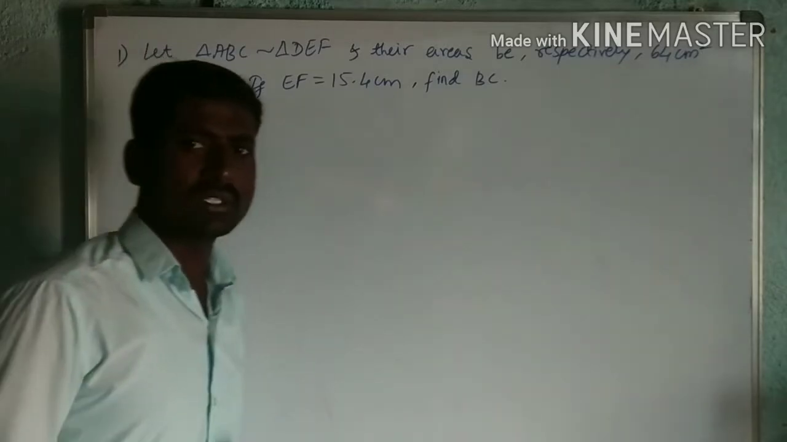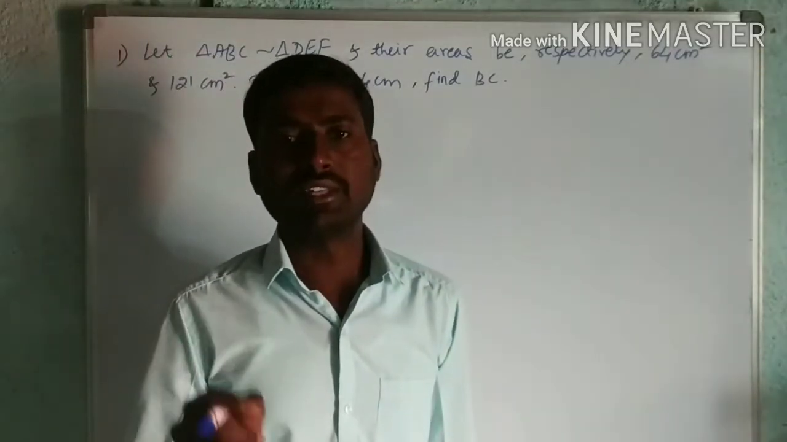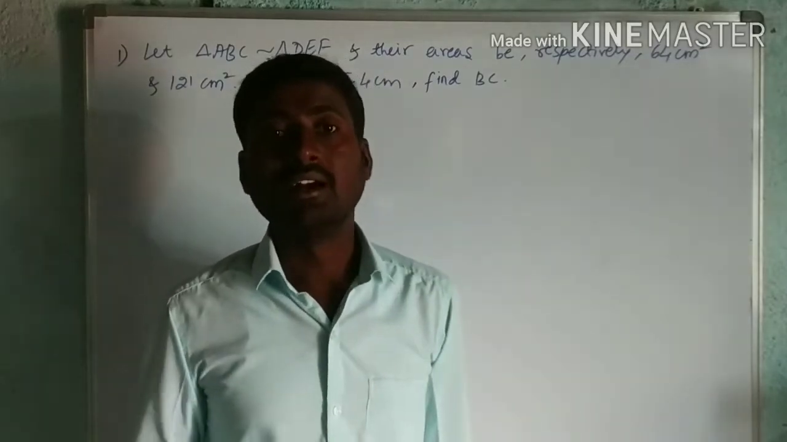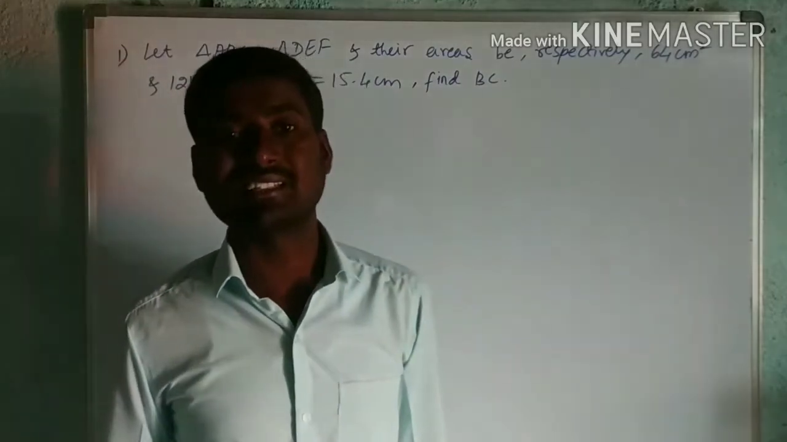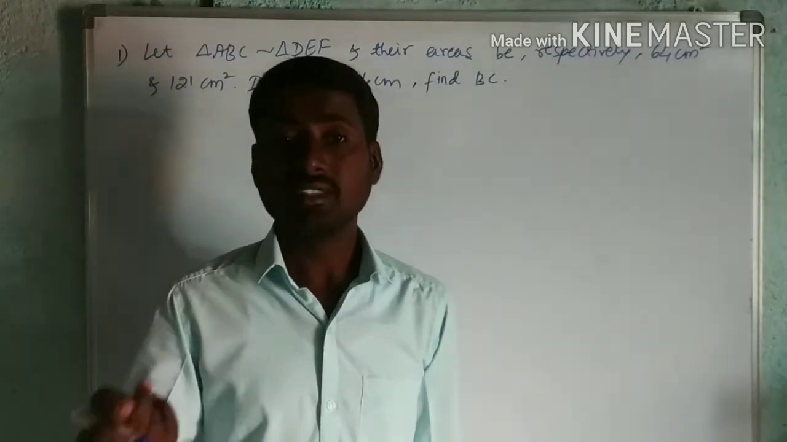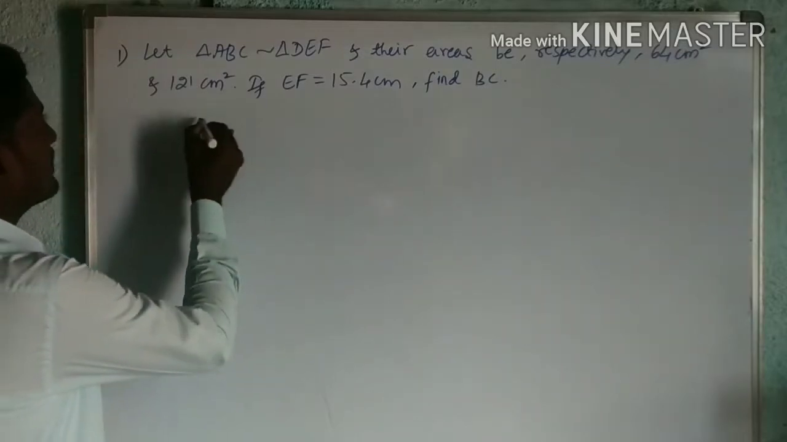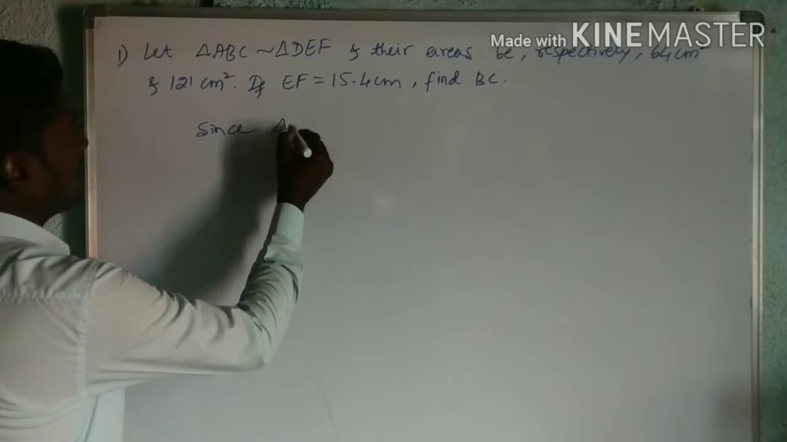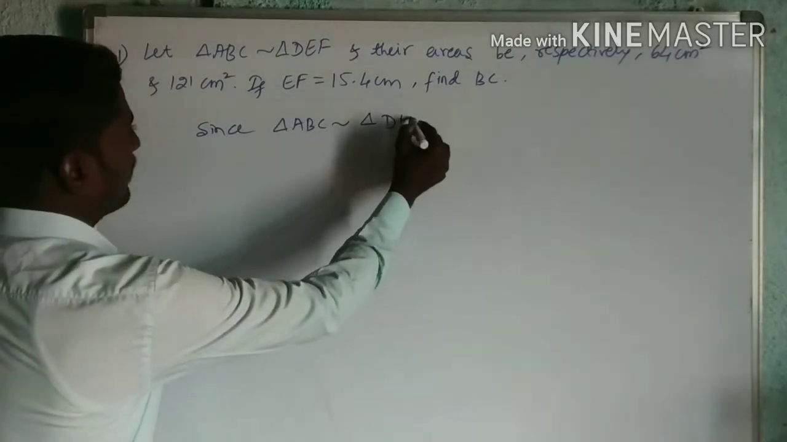So already we proved the theorem. What is that? The ratio of the areas of two similar triangles is equal to the square of the ratio of their corresponding sides. So it means, since triangle ABC is similar to triangle DEF,